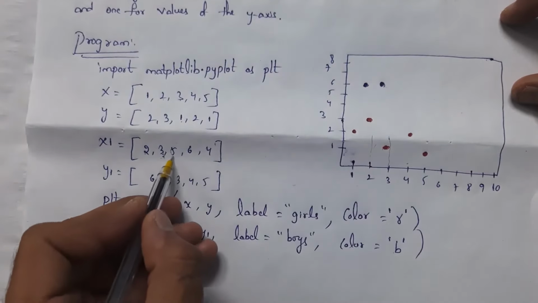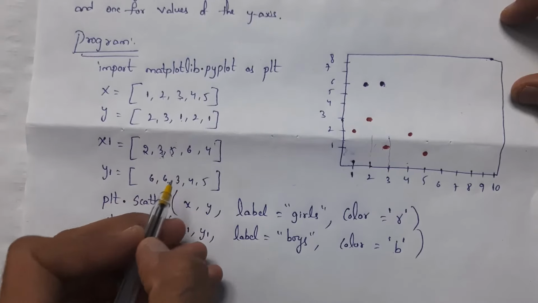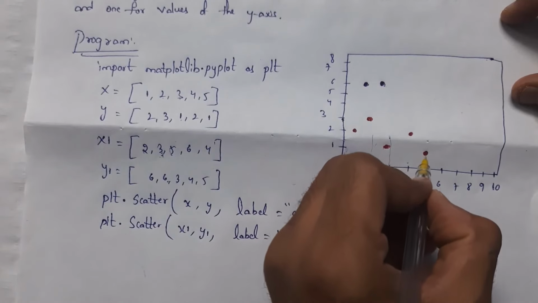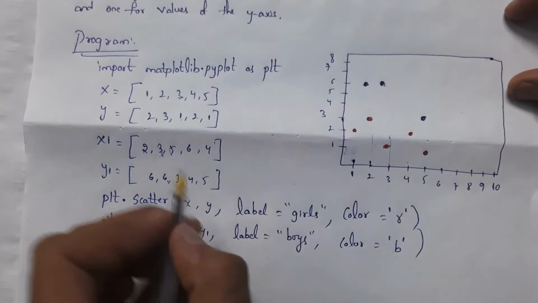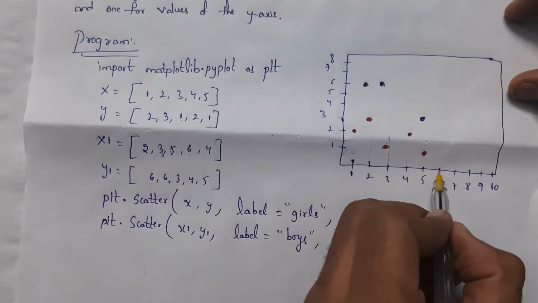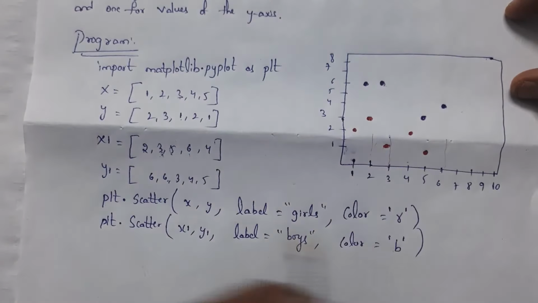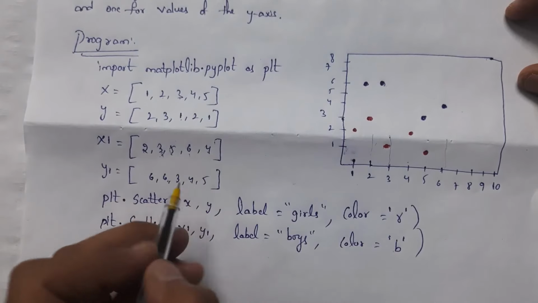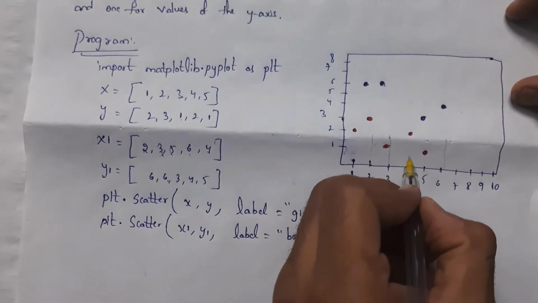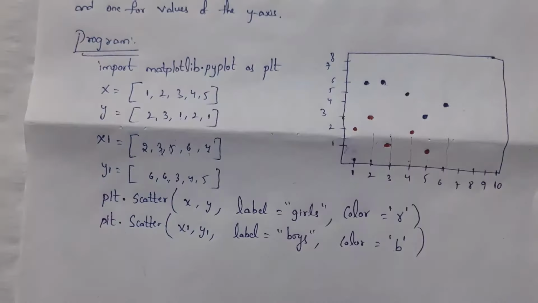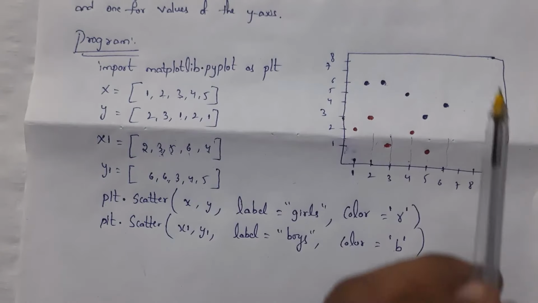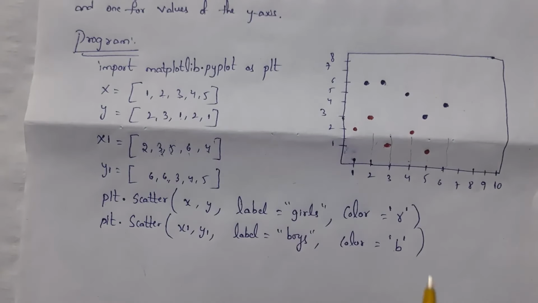And next one, x-axis 5 and y-axis 3. So 5 and 3 here. And next 6 and 4. And next one 4 and 5. By seeing this scatter plot, you can clearly understand that boys' score is more when compared